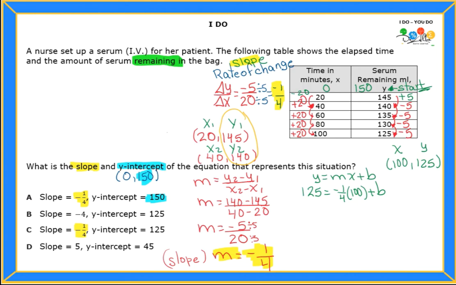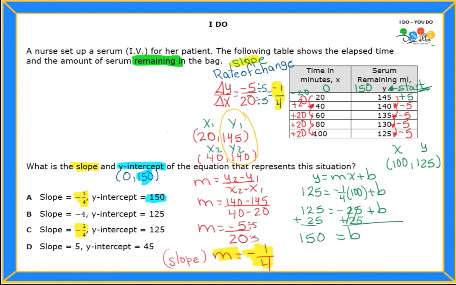So let's continue. Now I need to work on my question. So I got 125 equals, what's negative 1/4 times 100? It's actually negative 25. Very good. Plus b. It's like saying, what's 1/4 of 100? Right? Divide 100 by 4. So I need to get rid of that negative 25. I'm going to add 25 on both sides. So my 25s are going to cancel. And I get b equals